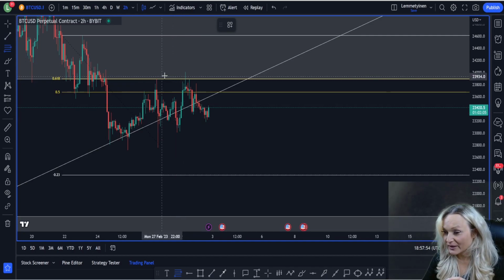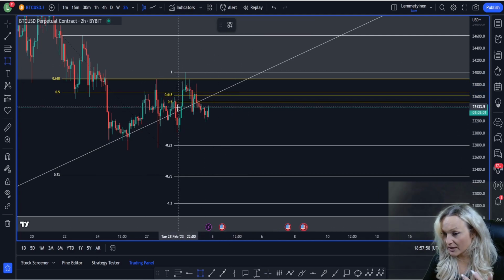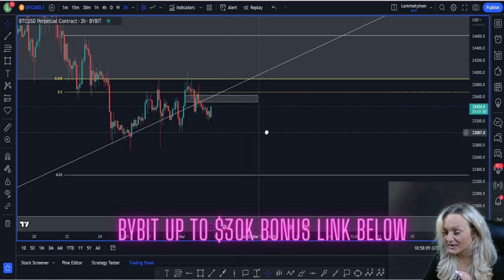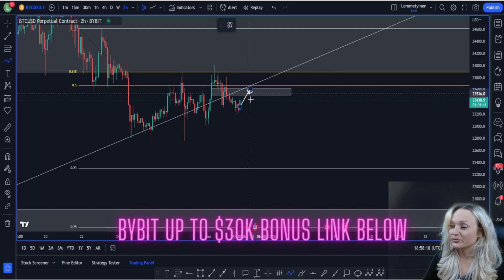So another thing that we can do is drag another Fibonacci level from the last high to the low, and we are going to have a Fibonacci between 23,627 and 23,507 if we want to be precise. Now if the market on BTC comes back up and retests these levels and gives us another retest,